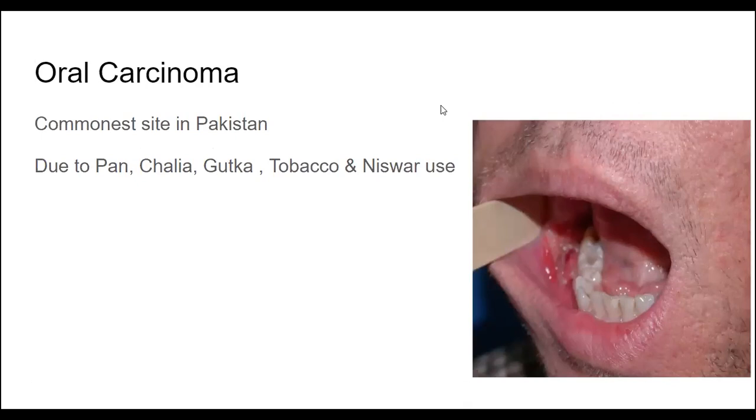It would be ideal. We are always advised to take an MRI or CT scan before doing a biopsy because the biopsy disturbs the anatomy. The MRI and CT will show the 3D dimensions of the growth, the ulcer's involvement, deep involvement, as well as whether any lymph node is involved or not. And then you can stage according to the classifications we know for all the carcinomas, all the cancers, the TNM classification,